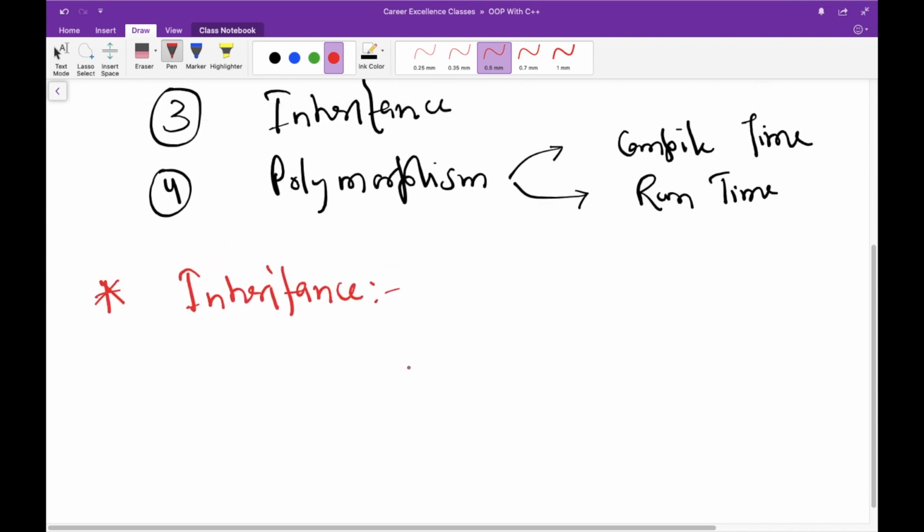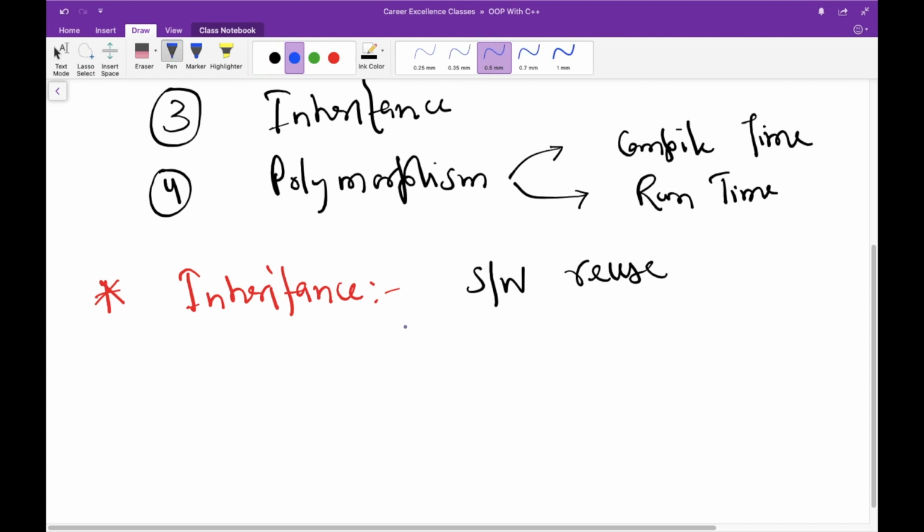Okay, now let's talk about inheritance in more detail. Inheritance is a form of software reuse in which you create a class that uses the capability of existing classes and then customizes or enhances them. Or simply, you can also say that inheritance is a process in which one object or class acquires the properties and behavior of its parent class or parent object automatically.